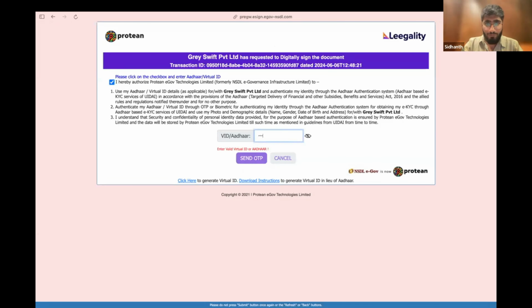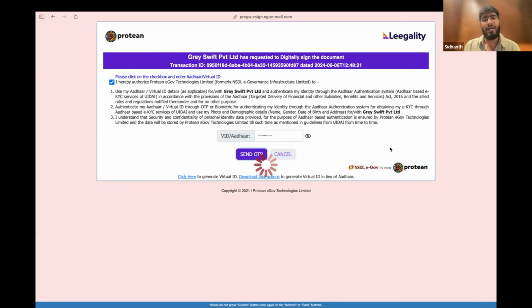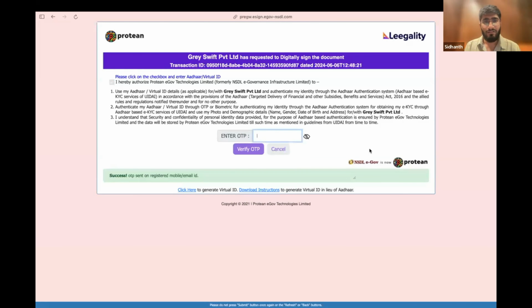Lots of you would be super familiar with this. I have to enter my Aadhaar number and I will get an OTP to my Aadhaar linked phone and email. So I'm just waiting for the OTP to come through. Whilst we wait for the OTP to come, I wanted to talk about a couple of differentiators that we have with respect to this flow. If for any reason the flow is down, we have automatic redirections to other